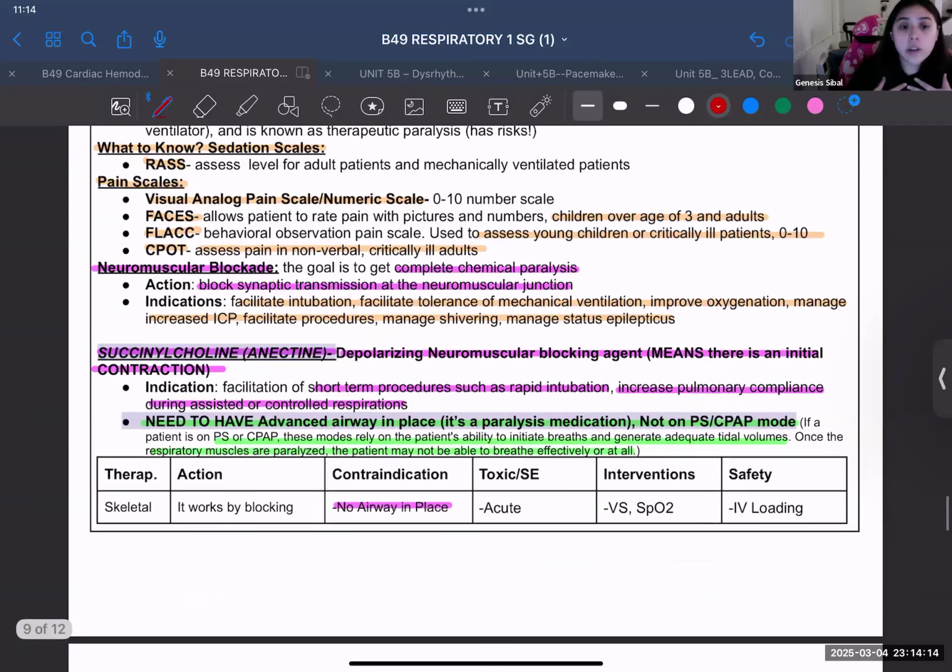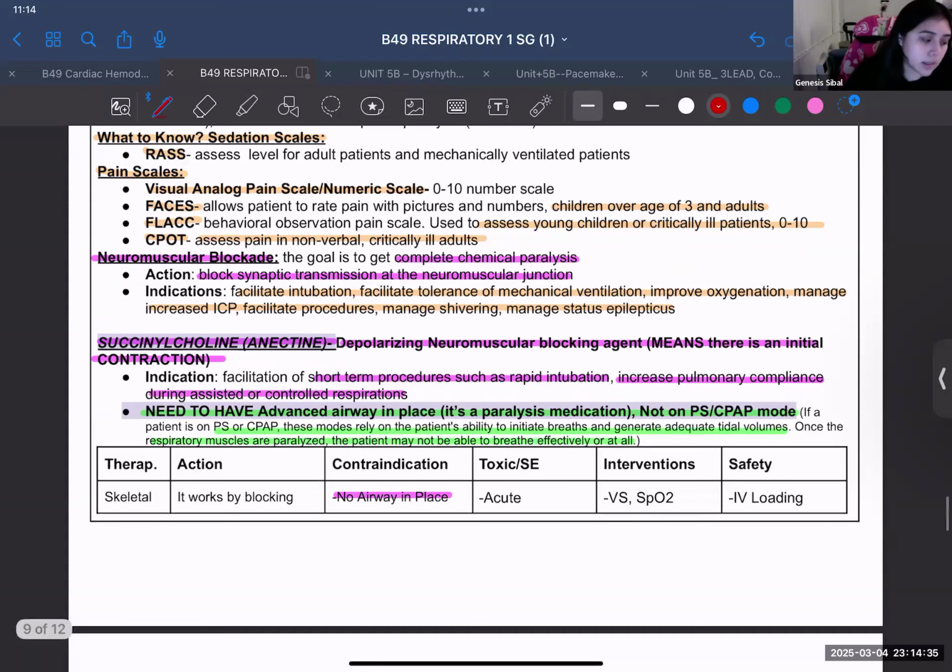So basically, I don't need to go into this. She never asked us about this. I don't think she would. This is more of a clinic thing. I know Logan's class, I think she might hit on this more, but she has specific things for that. Basically, sedation scales, the Ross scale. You will be using that in clinic if you're not in ICU already. This basically just helps you tell what the sedation level of your patient is. I think she might have asked this on a quiz or something, but I don't even think she asked us about this at all.